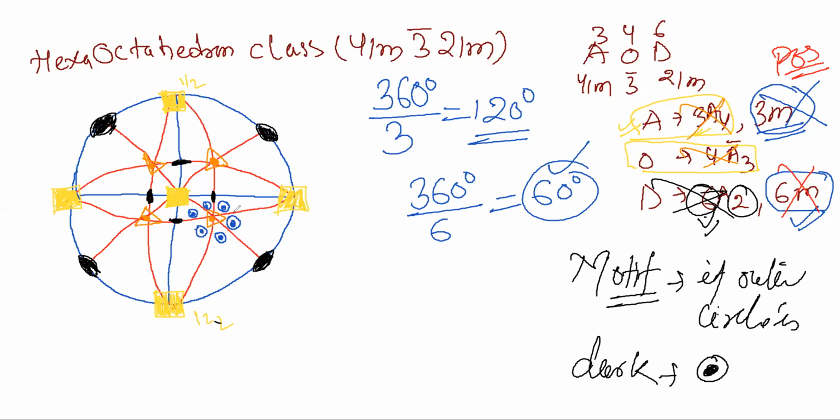Since at the diagonal there is a mirror plane, this is axial. So opposite to this, again we have to draw this. Repeat it at 120 degrees, that means after every one face. But since there is a mirror plane, we have to draw at every position. In the similar way here. Hope you understand. If there are any queries, please type in the comment box, and till then I'm just finishing it.